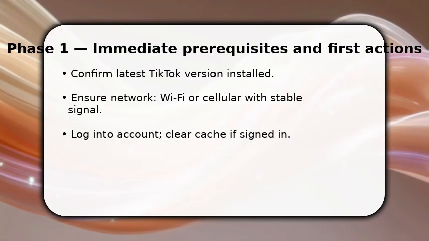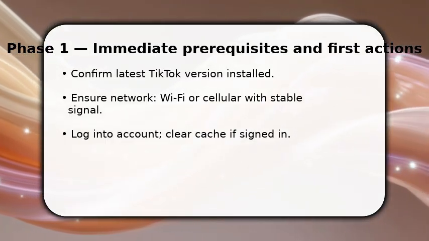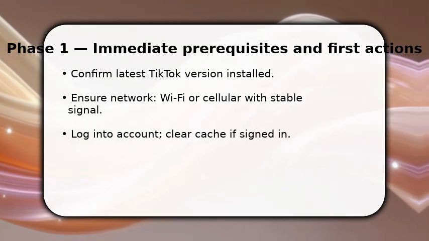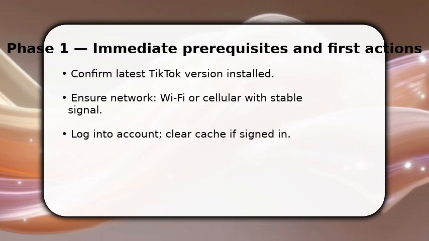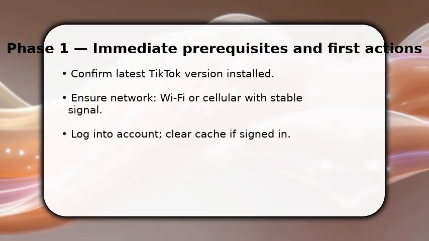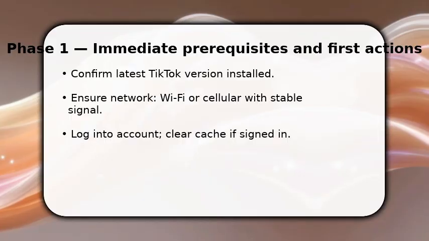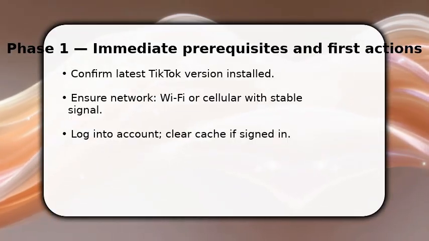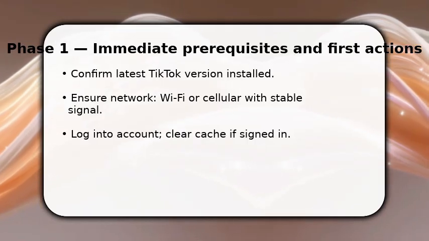You begin by confirming two essentials. TikTok is updated, and you have a stable connection. Open the app now and check the store for updates. Once updated, make sure you are logged into the correct account. Then go to Settings to clear the cache so temporary glitches won't block the Share UI. This first step resolves many common issues because outdated code or corrupted cache often hides buttons, so do this immediately